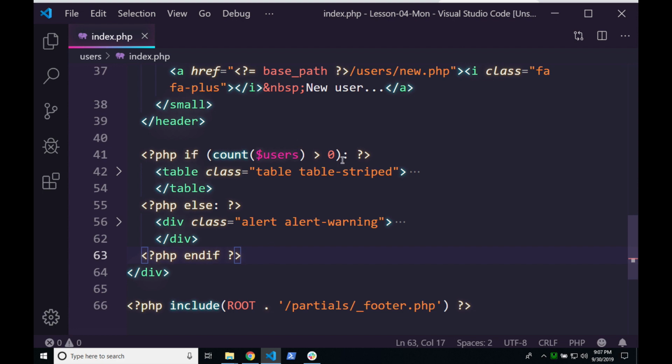So the 3 lines you're typing on line 41, on line 55, and on line 63. Essentially, it's an inline if, else condition. If we have users, we'll show the table. Otherwise, we'll show the alert. If that's all good,